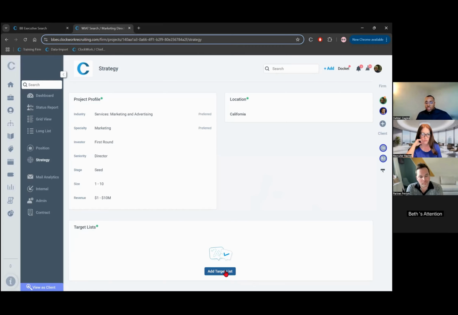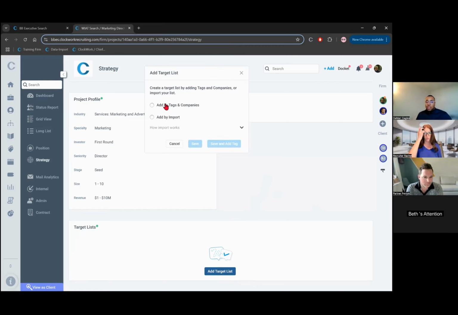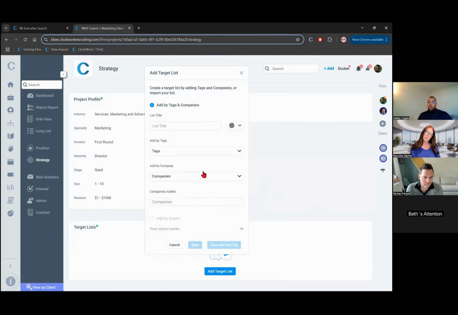So as I go to add target list here, I can use add by tags and companies, this first option. This first option is going to pull up and be used based off your current company database. So any way you're importing a candidate into Clockwork, that is also filling out your company database with their work history. So for this one, I'll use the title,